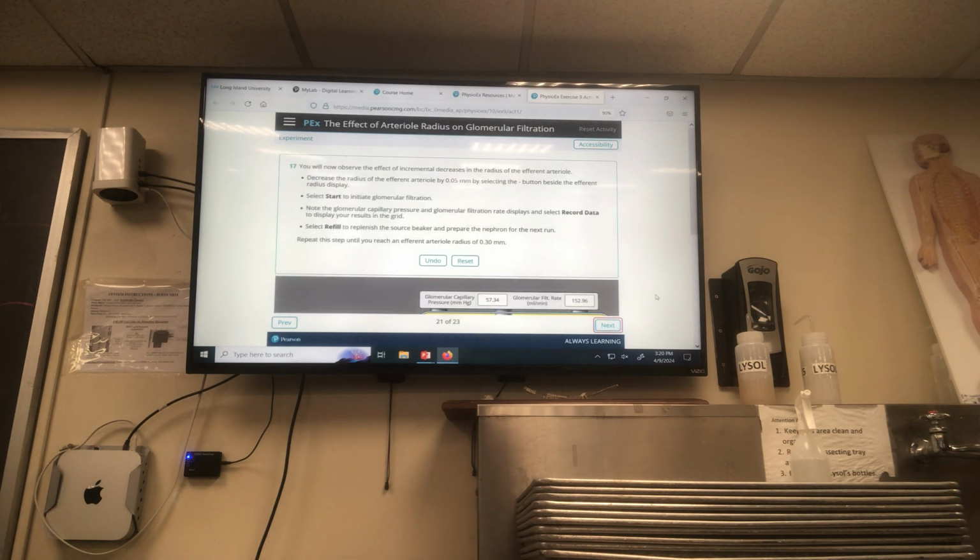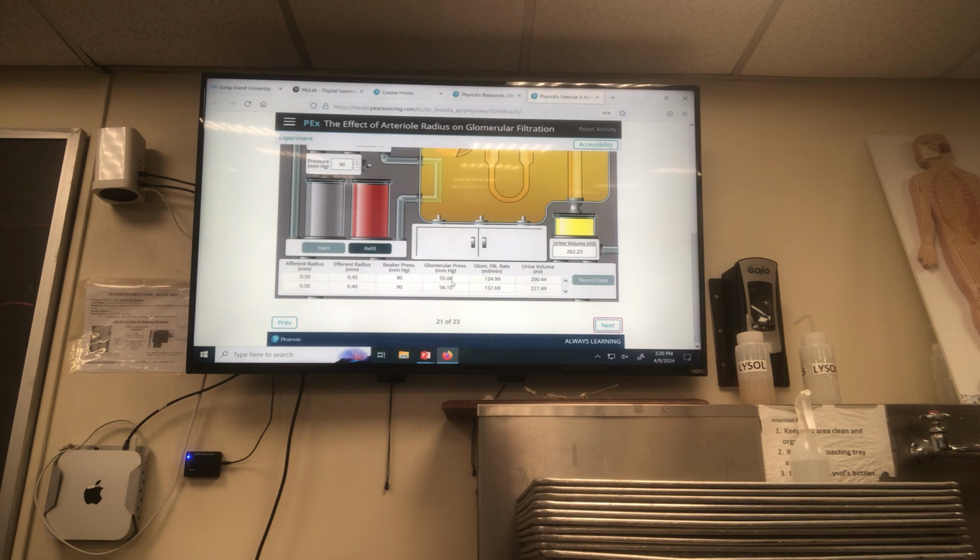Okay, we did 0.30. So now let's compare. Let's compare dropping the efferent radius by 0.05 all the way from 0.45, and we will see there is an upward increase, a trend, an increase in everything: glomerular pressure, glomerular filtration rate, and the urine volume